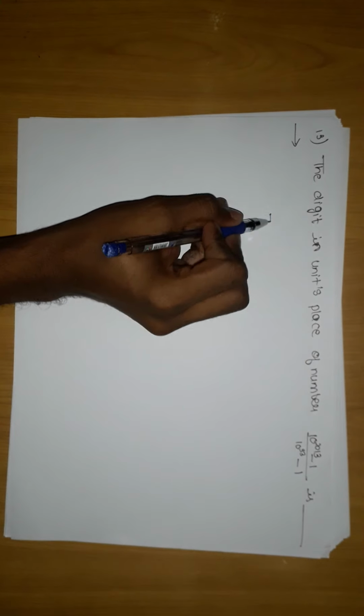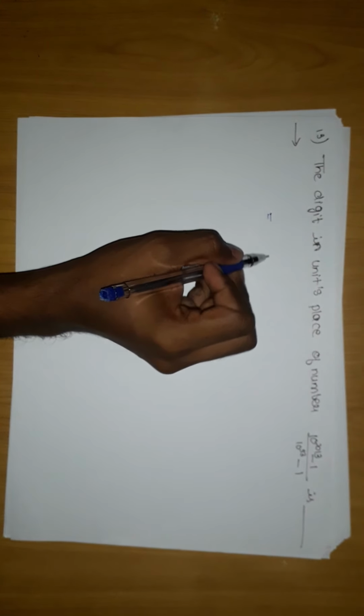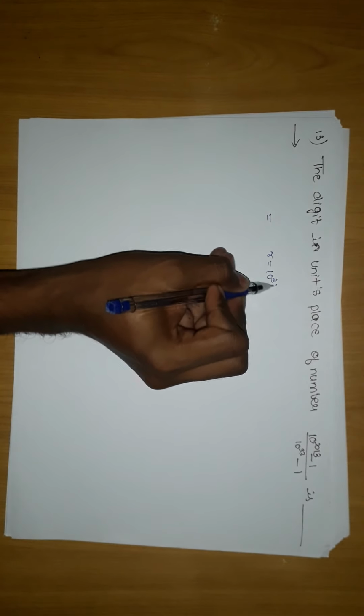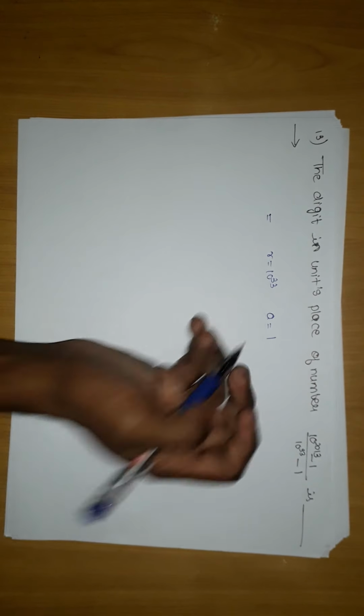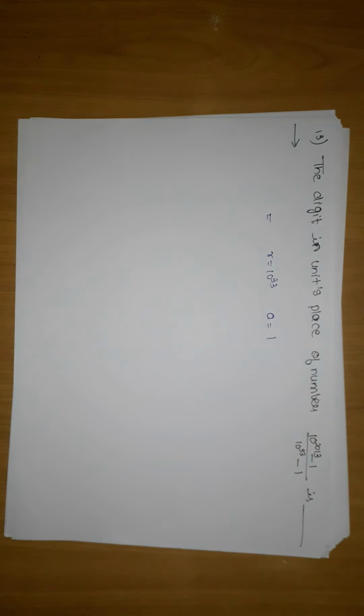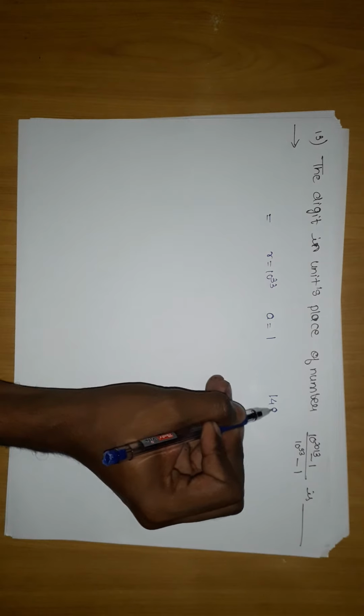Okay, this is some number. It is nothing, it is very clear. It is (10^2013 - 1)/(10^33 - 1). So it is very clear that whatever this number is, its common ratio is 10^33, and its a is 1. And if I tell you 1499, write this number, you will tell